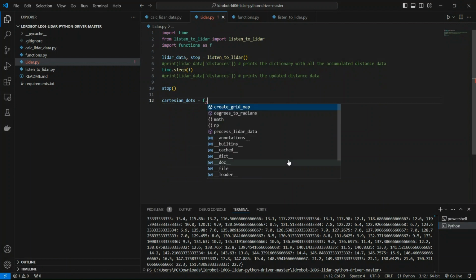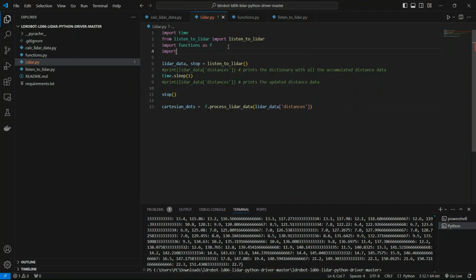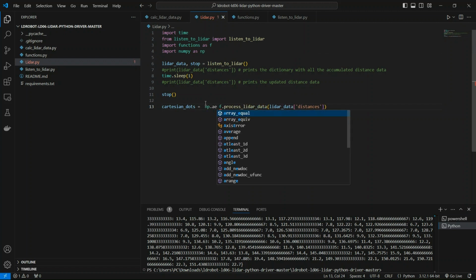I will use process lidar data and pass this. I'll also make this list a numpy array. I need to include the numpy library, numpy module. In Python it is a module, as np. np array,